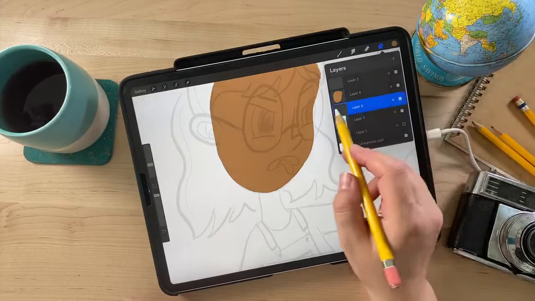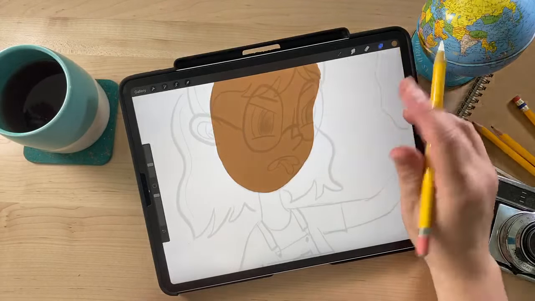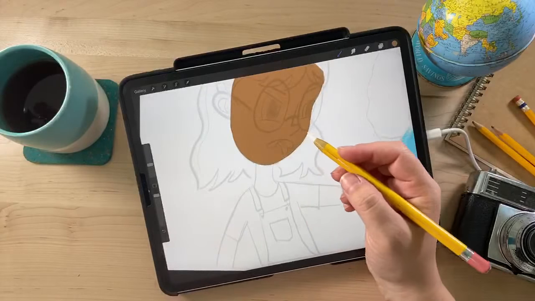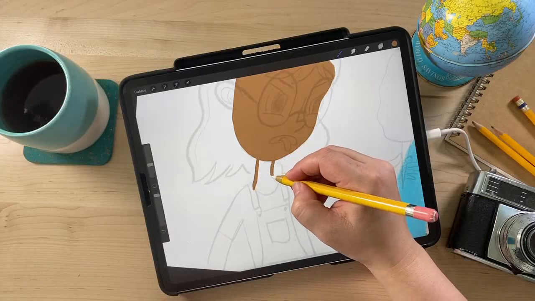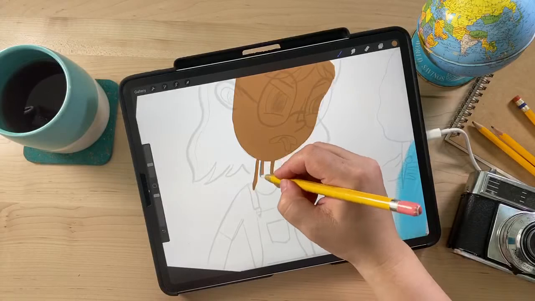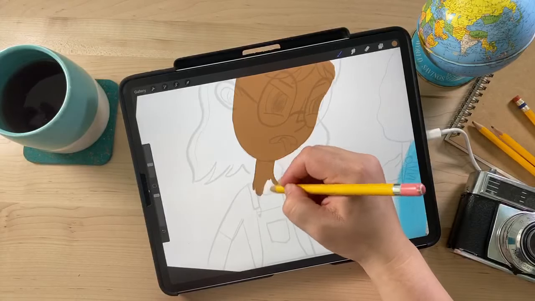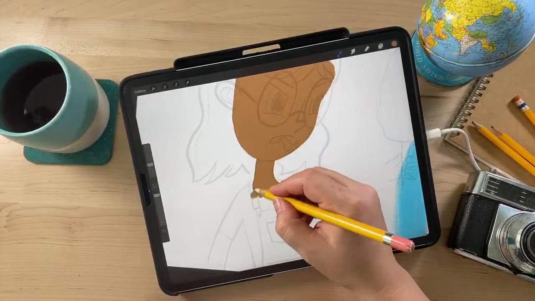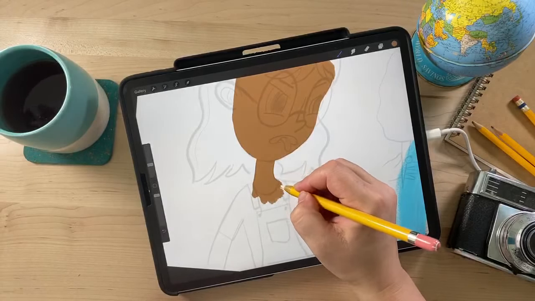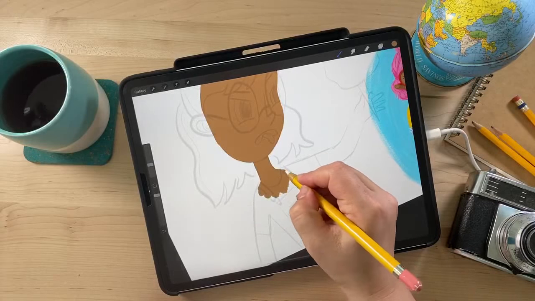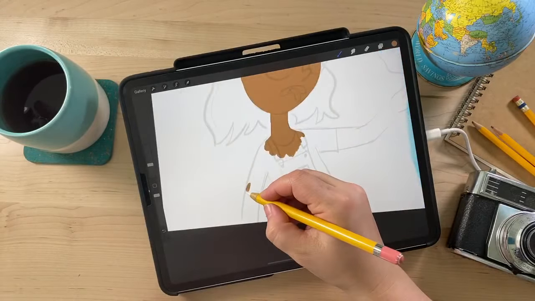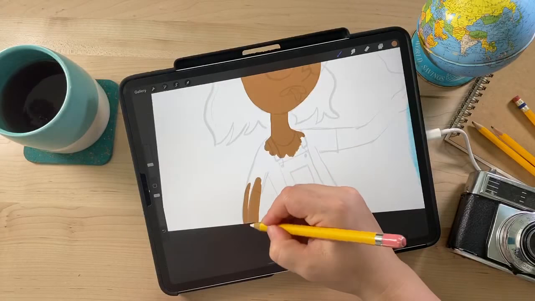I'm gonna create a new layer underneath the face layer, since the neck is behind the head. And then I can also use that same layer for the arms and stuff. Unless there's overlapping body parts like arms, I can usually put the whole skin part of the body on one layer, and only have to fill it in where it shows like that. So I'll do the arms,